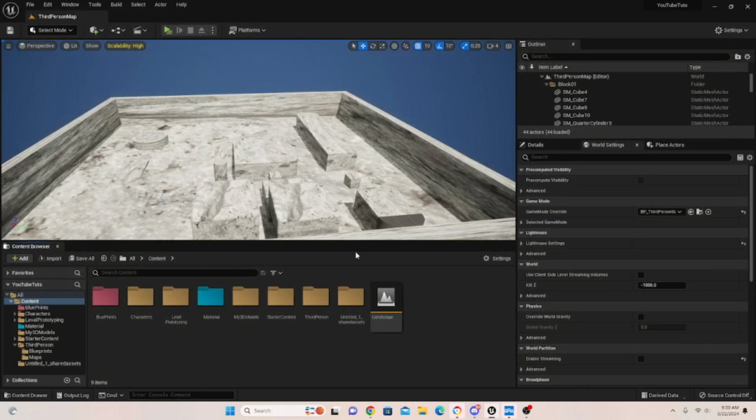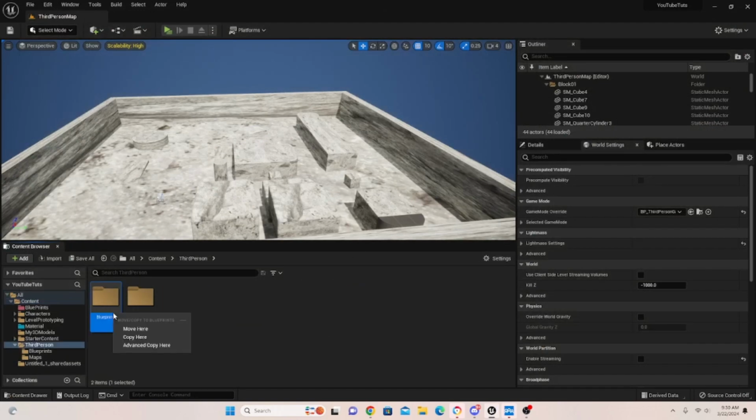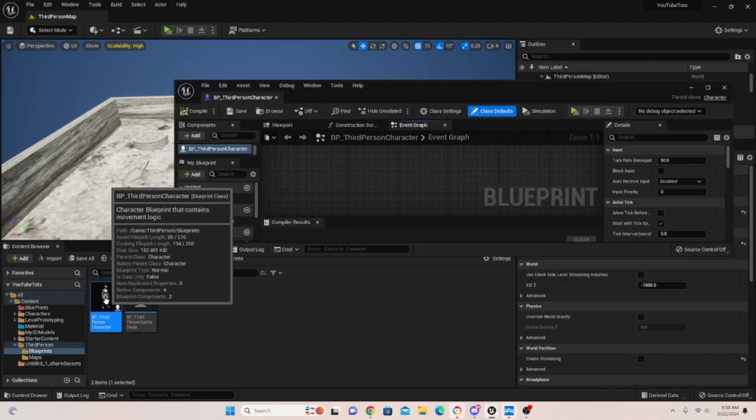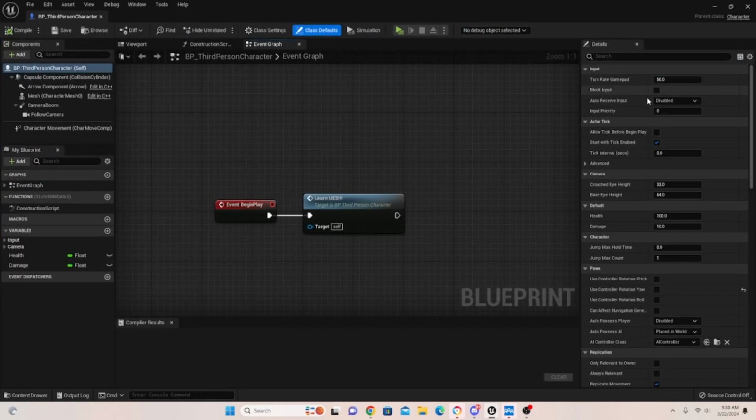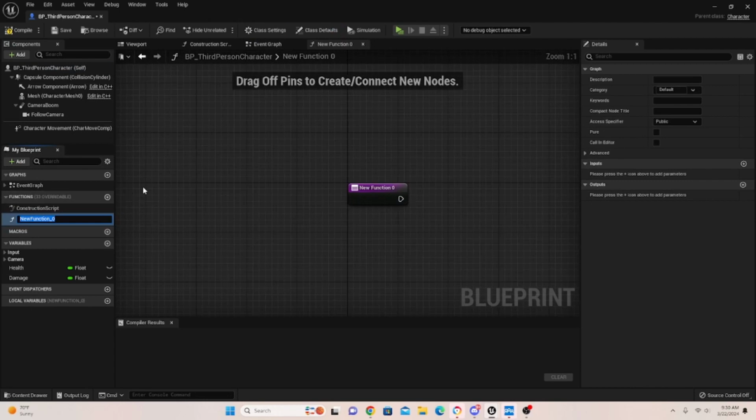So the first thing I want to do is teach you guys how to make functions. Okay, so in your third person blueprints, go to your character, and then right here it says functions. We can click a plus. On the left hand side, if you go to components down to functions, click a plus right there, and we have a new function of our own. We can just call this die,